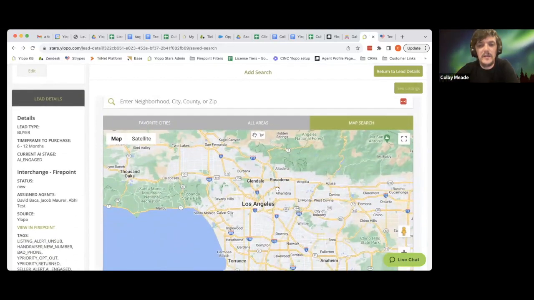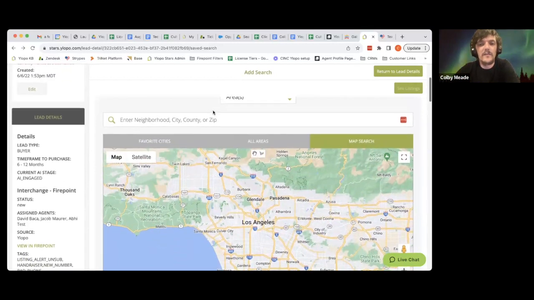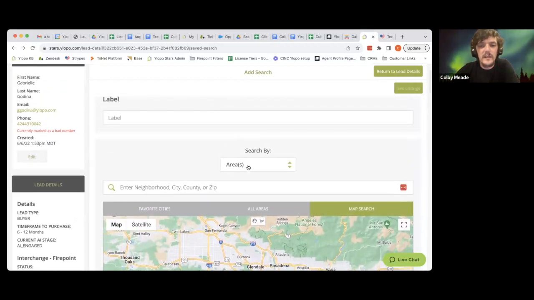Yep, you can go use a map search if you want. There are reasons why you would use within a certain radius, right? So like for me, one reason why I did that previously is like somebody had to be really close to a particular dialysis center. And so that's like the only time I've really used that one. Most of the other time I use Polygon search, but